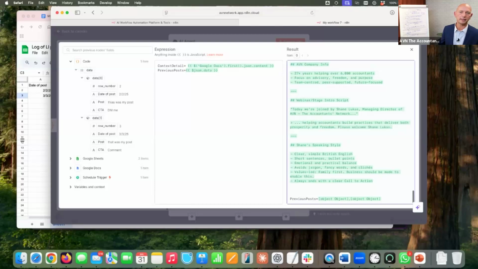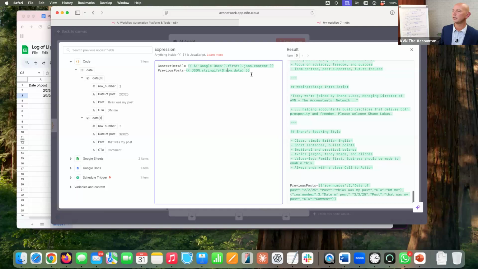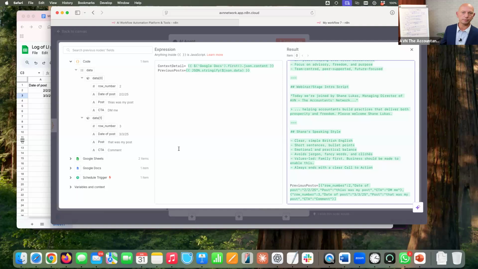And what I recognized then that I needed to do, and I'm just going to replace this. Again, it's all Google trial and error, messing about, ChatGPT, and you name it. But I realized that if I just put stringify in front of it, then that would actually work as well. So it's given me the rows.